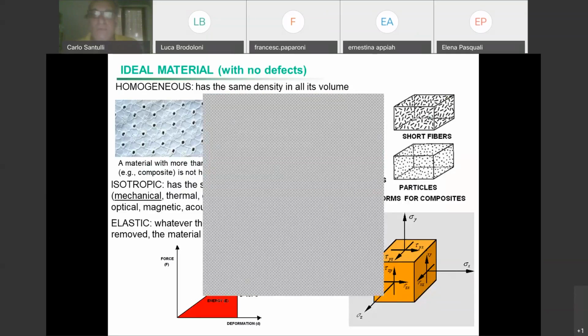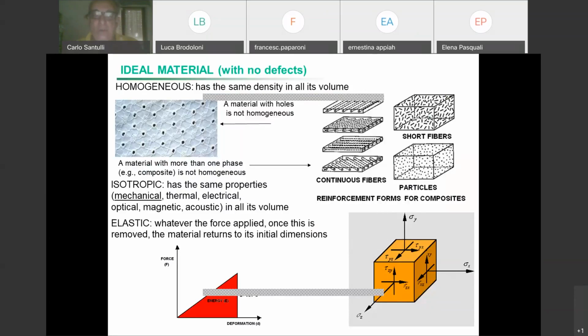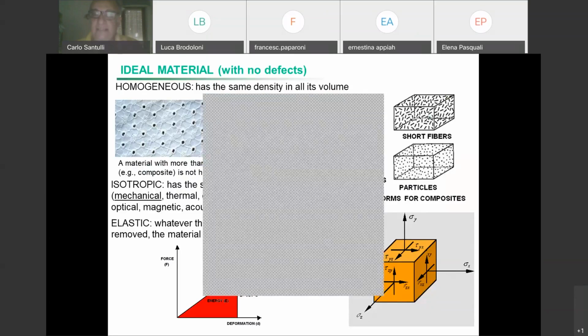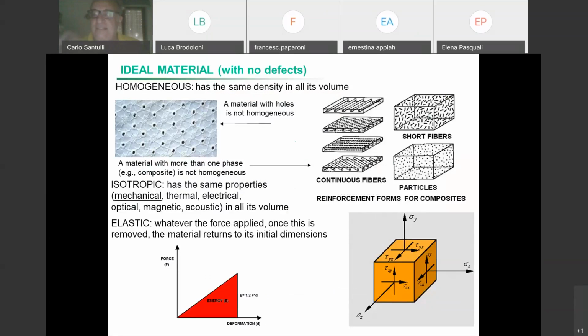So what we saw before, elastic, homogeneous, needs to be true for every point in the material. If you assume that the material is a cube, the solid which is to be considered the ideal one, it would be a cube where all dimensions are the same. We consider that every point in the cube has got the same properties. The same properties, of course, in direction X, Y, and Z, but also in every point.